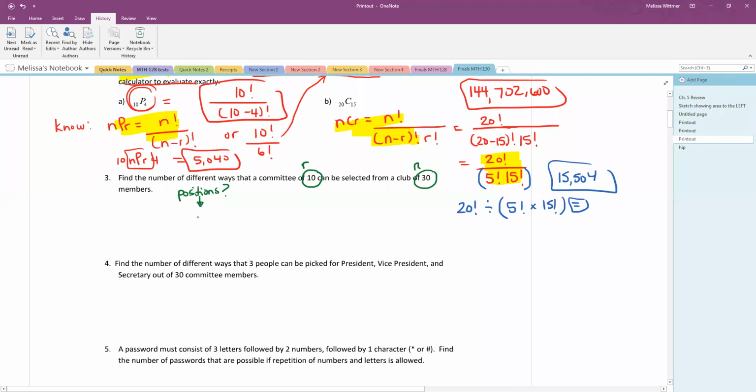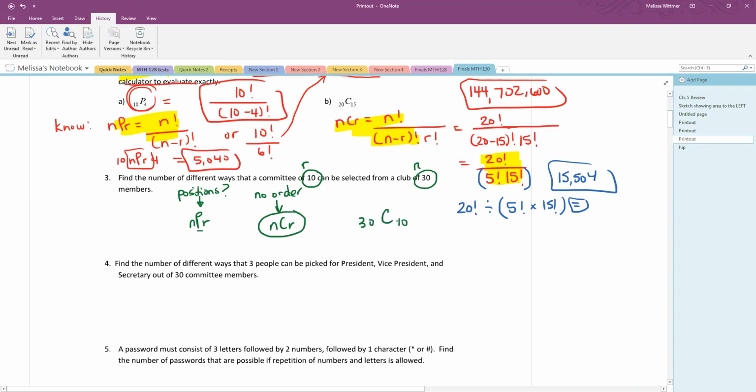We're always going to associate positions with the permutation. So P in position is P permutation. No order, that means it's a combination. And this doesn't indicate that we're placing them in positions. We're just picking them on a committee of 10. So I'm going to choose NCR